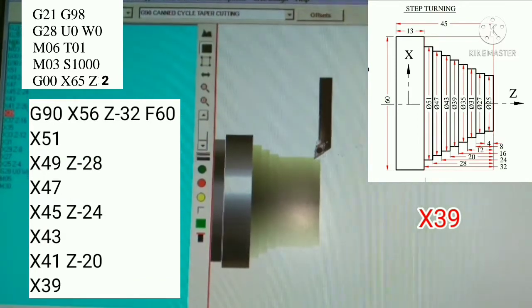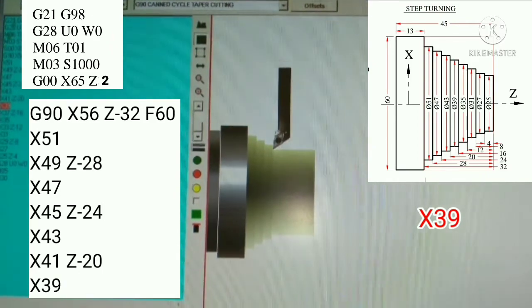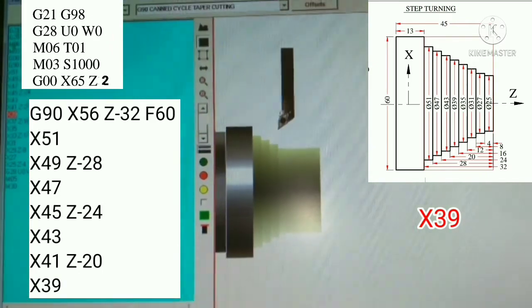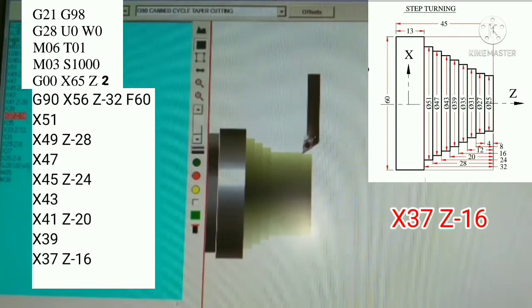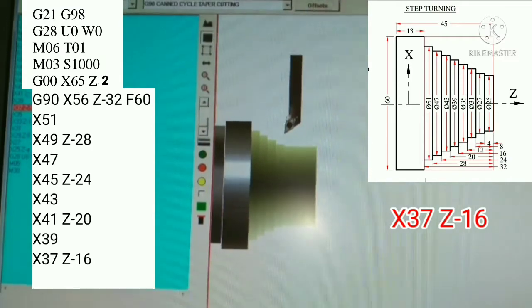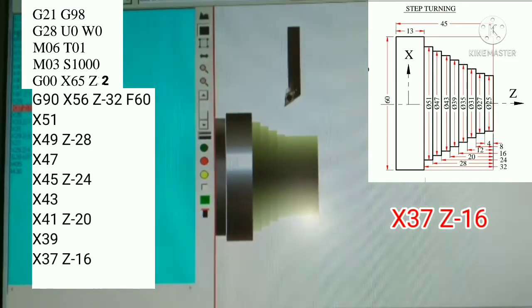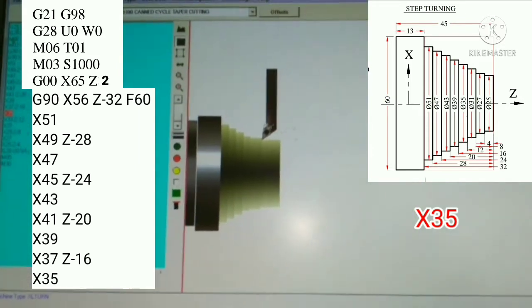After that only X39. Next line X37 Z-16. After that X35.